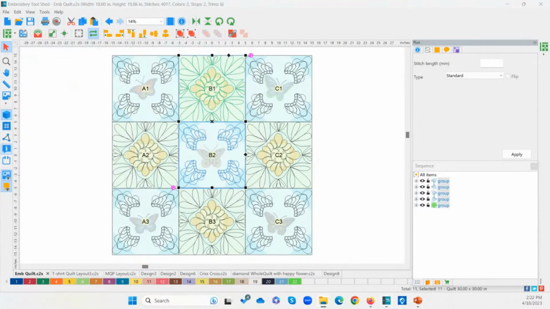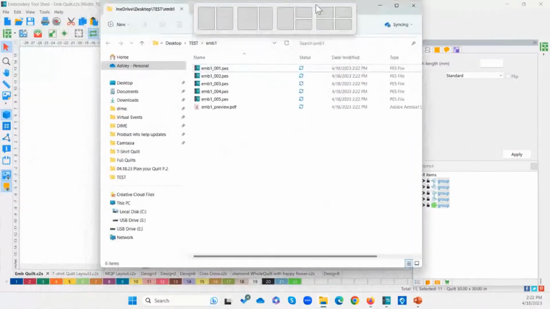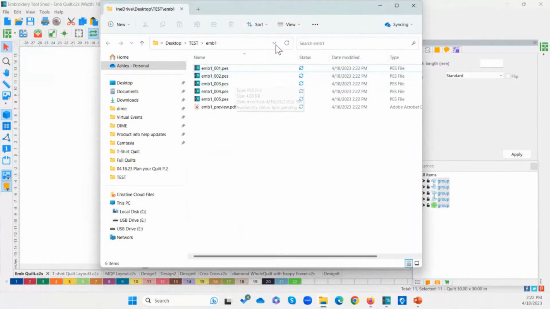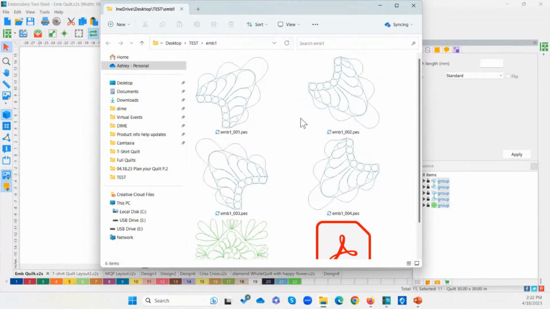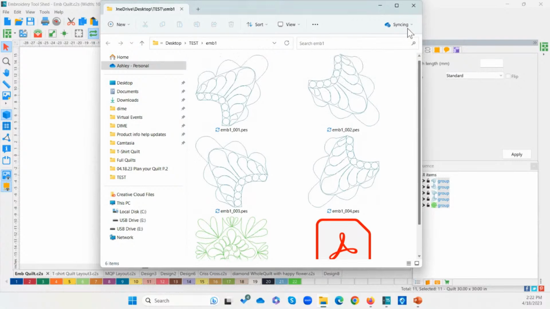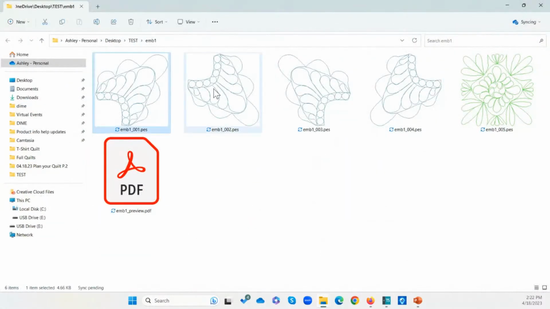And then it automatically opens the folder that the designs are in. So I'm going to click my view, and remember, view and extra large icons, I can see these because I have Perfect Stitch Viewer. So you can see that it actually exported the designs for my quilt. I've got those 4 corner pieces. So I only need, in this case, a hoop that is a 4.5 by 4.5 or larger to quilt these quadrants.